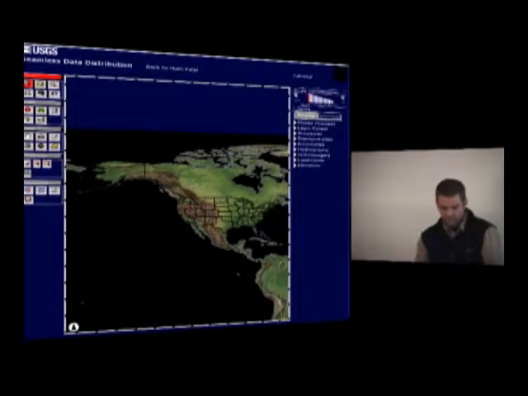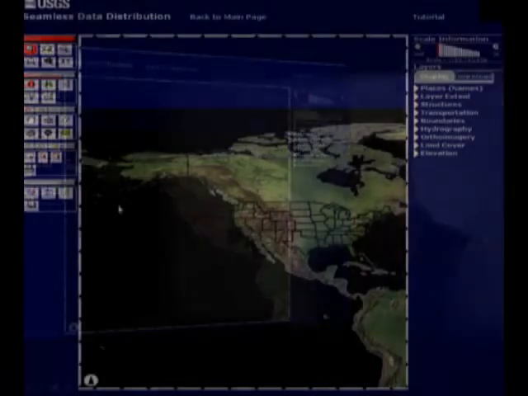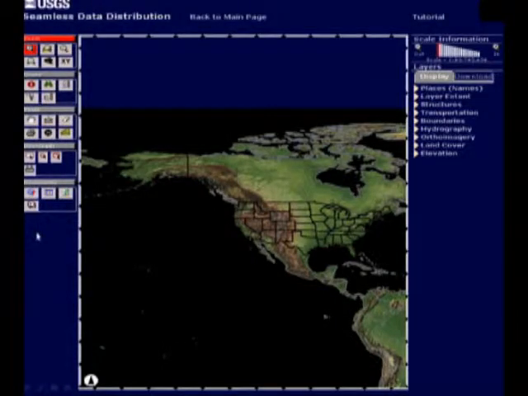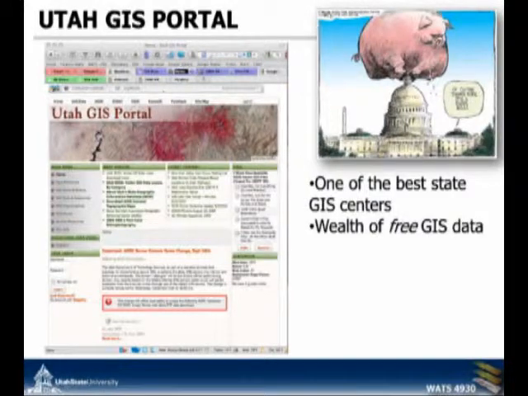So this is a very poor example of a web GIS. This is actually an old picture. They have updated this a little bit, but it's still pretty klutzy. But this is one way in which some of these things are distributed. The Utah GIS portal, you should